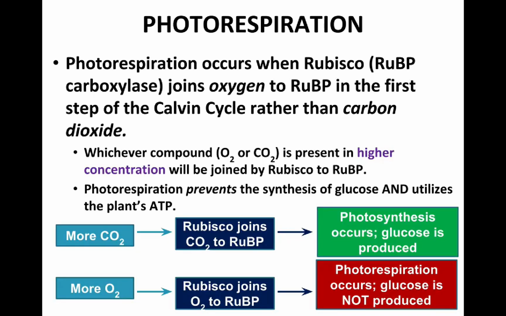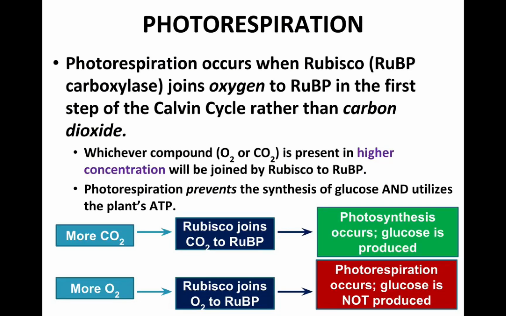And the reason the enzyme adds oxygen instead of carbon dioxide is just dependent on whichever compound, the oxygen or the CO2, is present in higher concentration. So if oxygen is high, Rubisco will add that to RuBP. If CO2 is in a higher concentration, then CO2 will be added to the RuBP. And that phenomenon is known as photorespiration, and that is what prevents the synthesis of glucose and utilizes the plant's